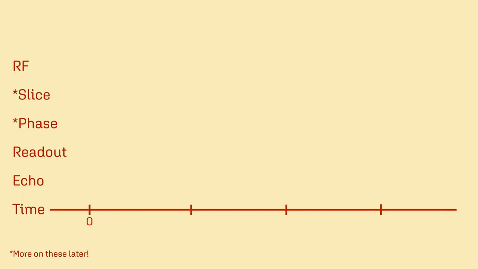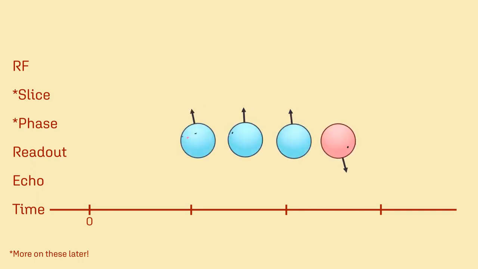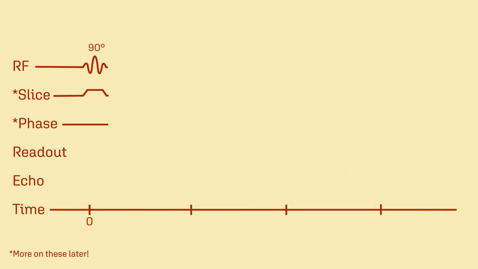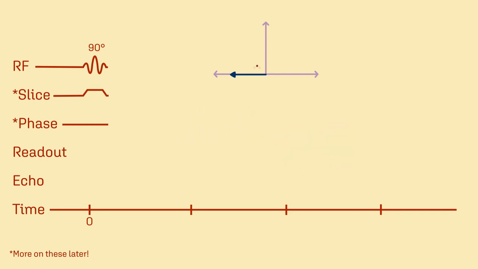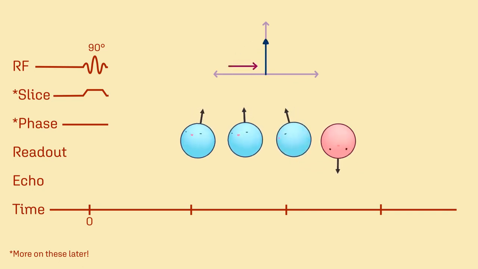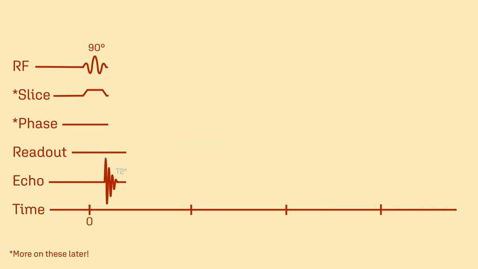We can use universal diagrams to depict what happens with specific MR sequences. Let's use one to recap the basic fast spin echo sequence that we've just discussed. Protons are aligned with the main magnetic field, B0, and are precessing randomly. A 90-degree RF pulse is applied, eliminating longitudinal magnetization and producing a transverse magnetization vector as protons precess in phase. Longitudinal recovery and transverse decay occur, producing a signal by a free induction decay, which is susceptible to T2 star